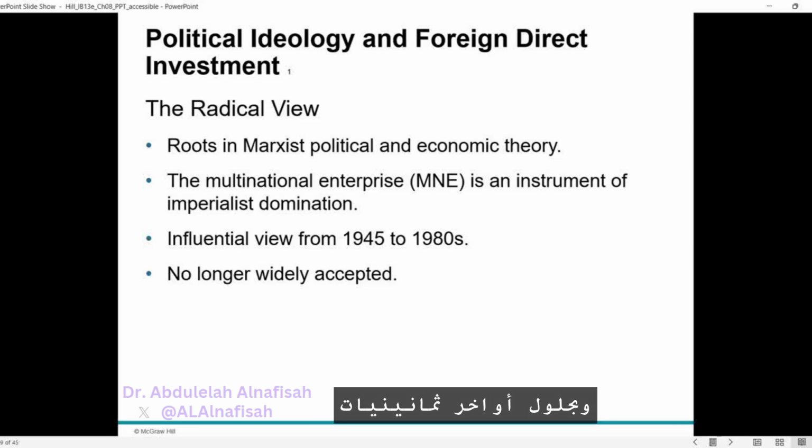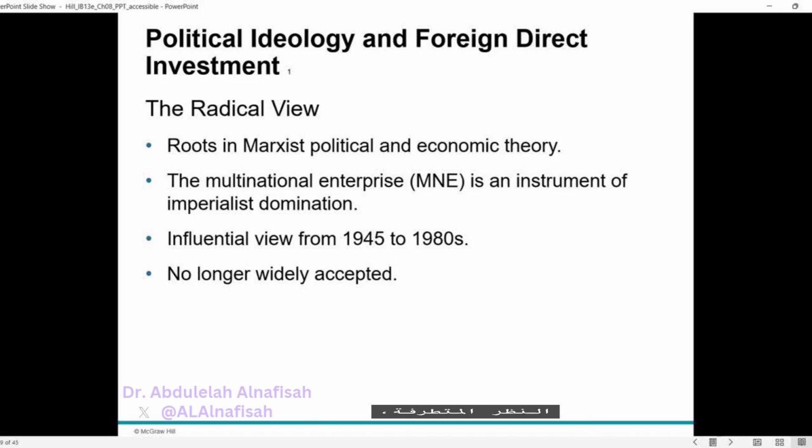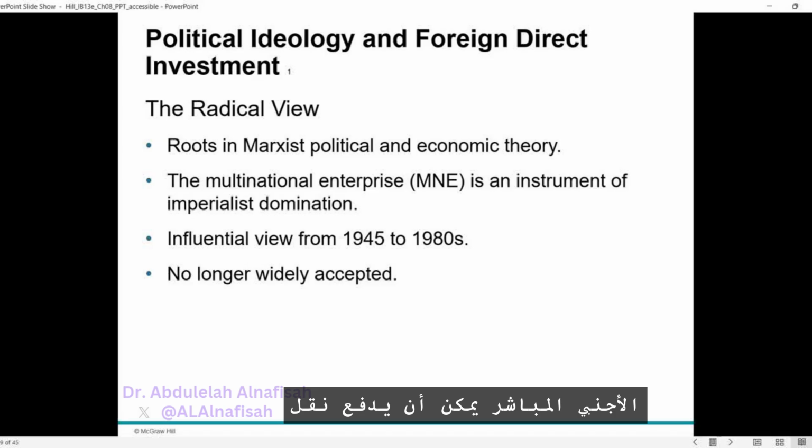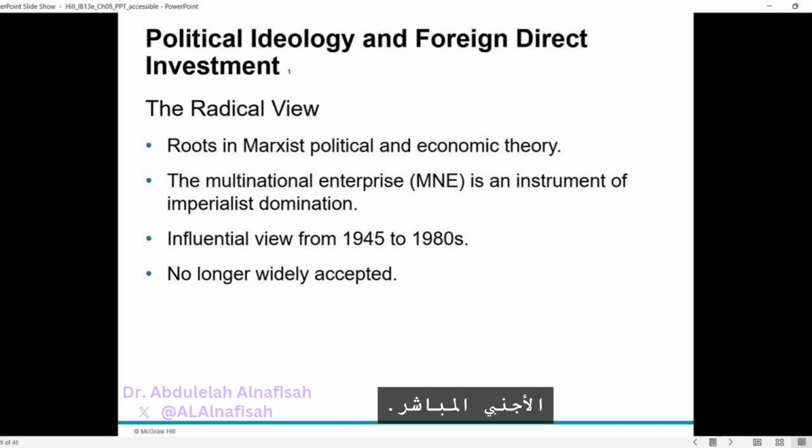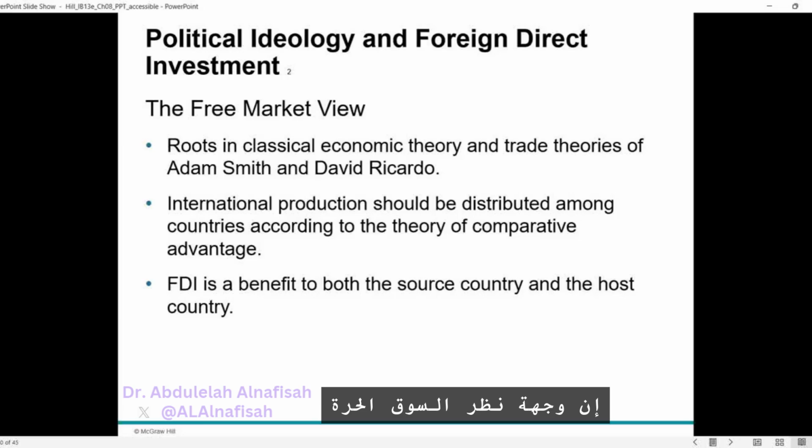By the late 1980s, the radical view declined due to the collapse of communism in Eastern Europe and poor economic results in countries that upheld the radical view, fostering a realization that FDI could drive technology transfer, job creation, and economic growth. The economic success of countries like Singapore, Hong Kong, and Taiwan demonstrated the advantages of embracing capitalism and FDI. The free market view of FDI is rooted in classical economics and the comparative advantage theories of Adam Smith